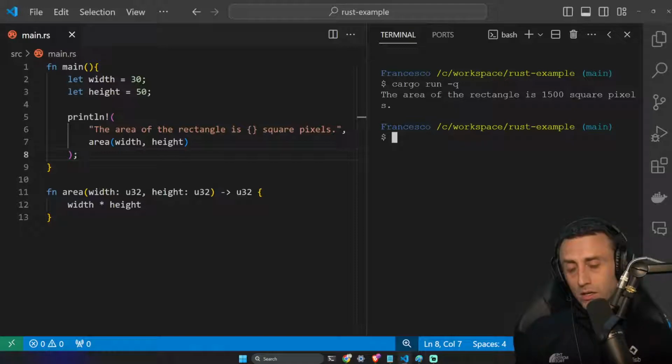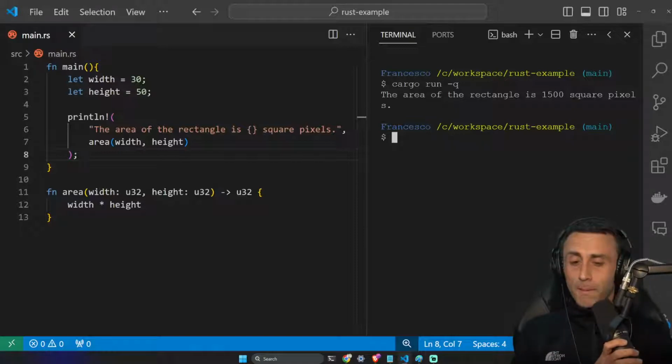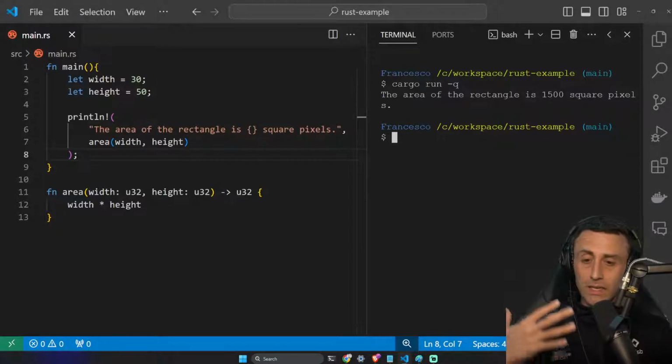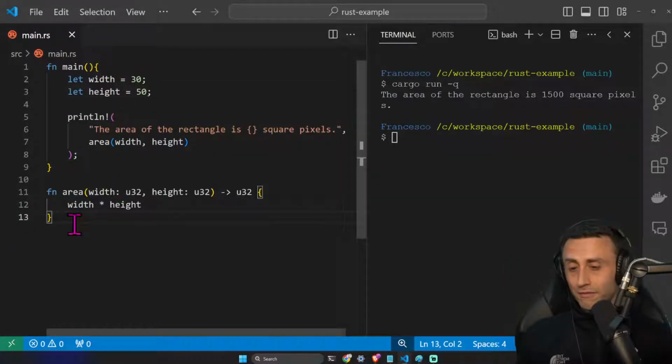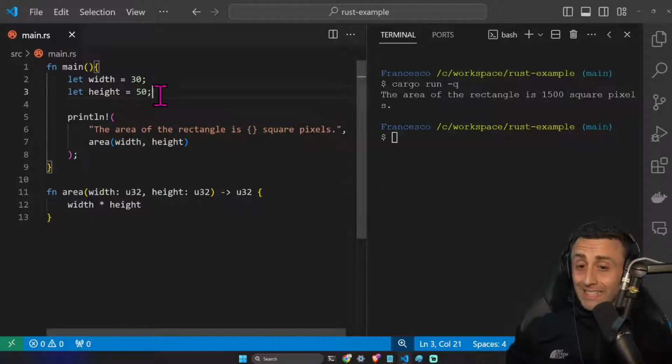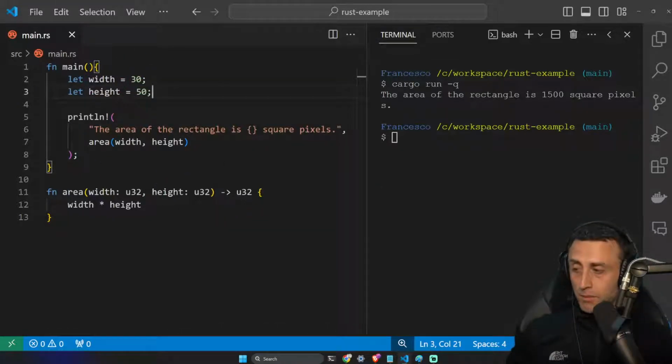Of course, we are using almost trivial examples, but try to think like this in a more complicated program, a more complicated function. Let's try to predict how code without structs might get more complicated. For example, if we have multiple variables, multiple areas to calculate. If you want different calculations,